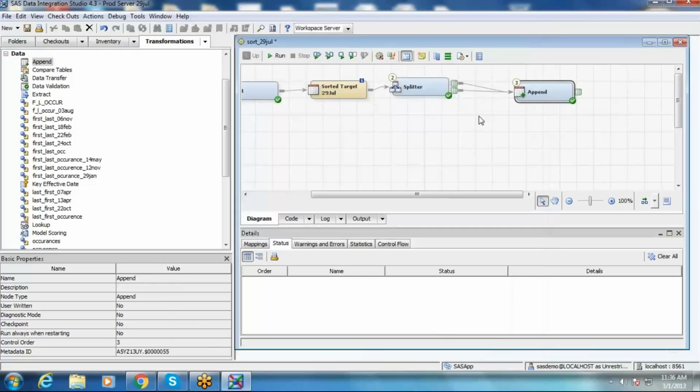Okay, the complete structure is similar. So if the structure is not similar, then you can go for renaming of your columns, which we'll cover in our later sessions. How to modify the structure of a table, right?